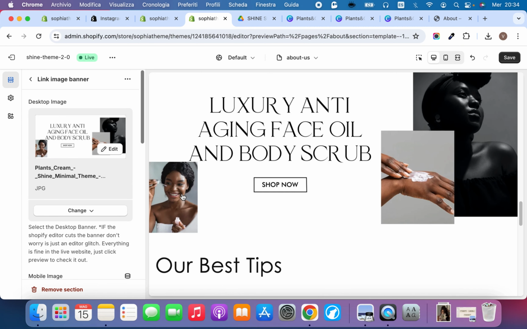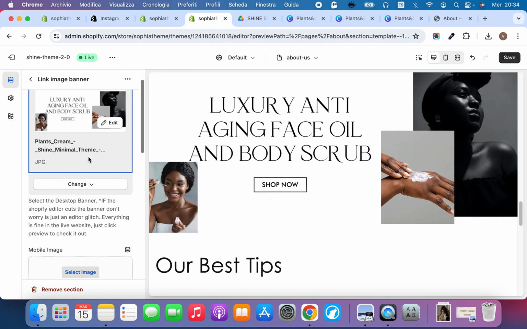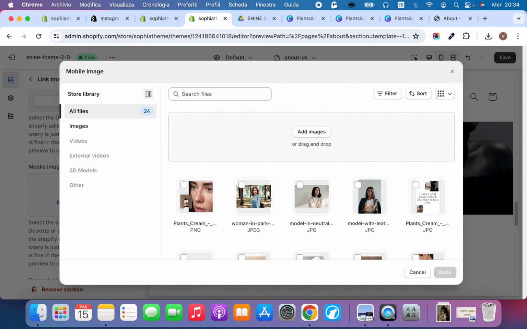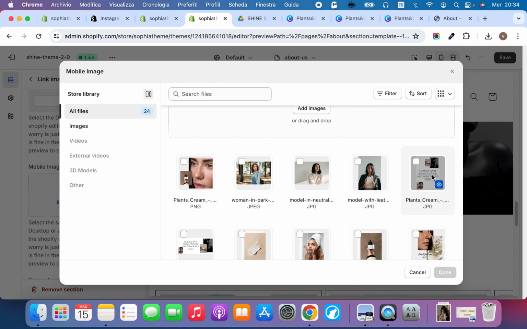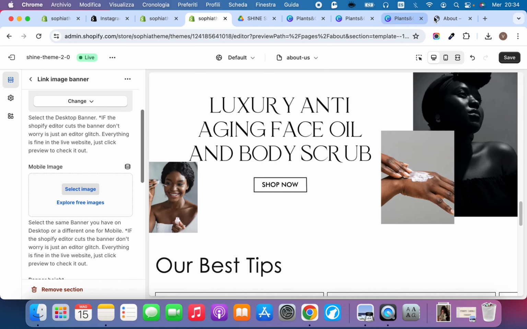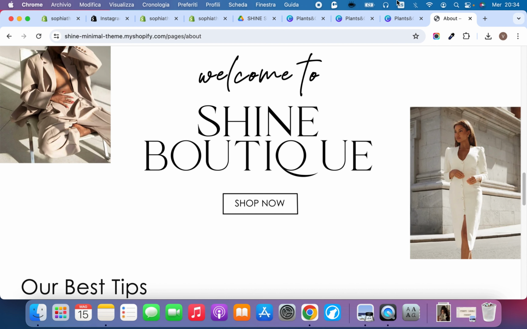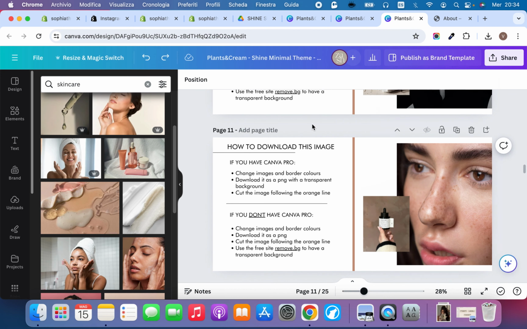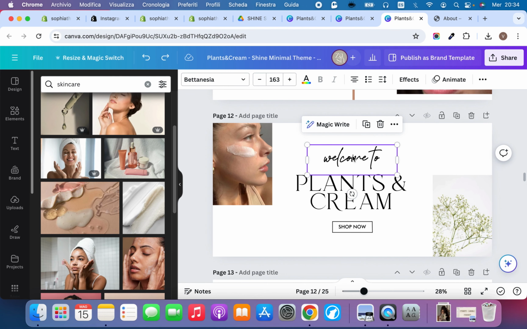And here we have a link image banner where you can drive your customers again inside your shop. As always, you need to choose an image for desktop and an image for the mobile. Here in the live demo, we have a welcome to, and I also did customize it,